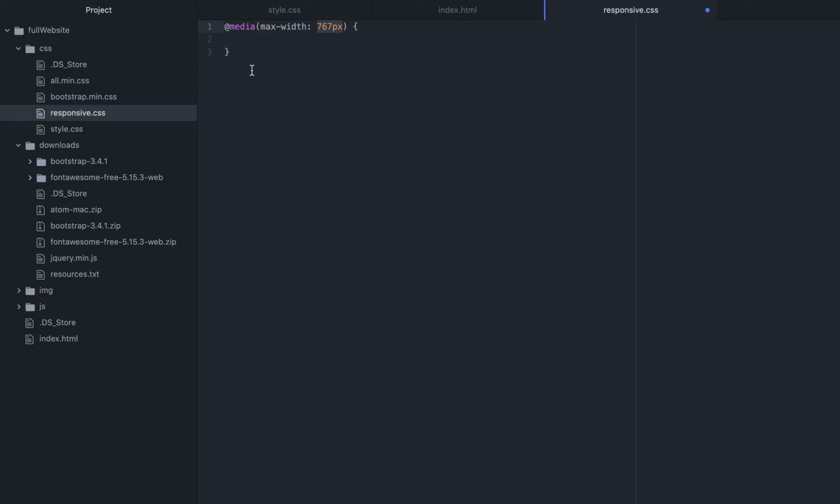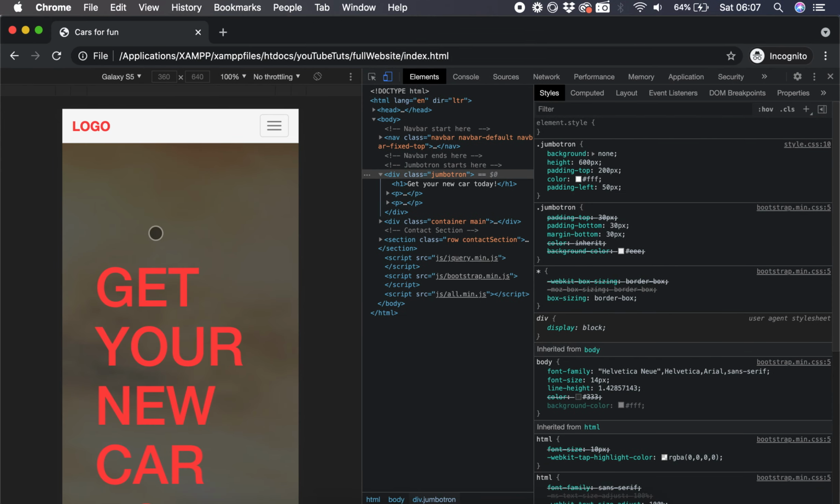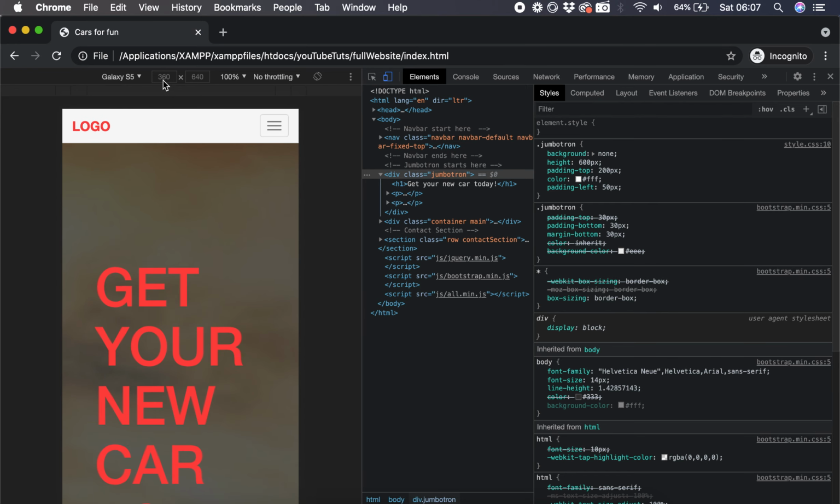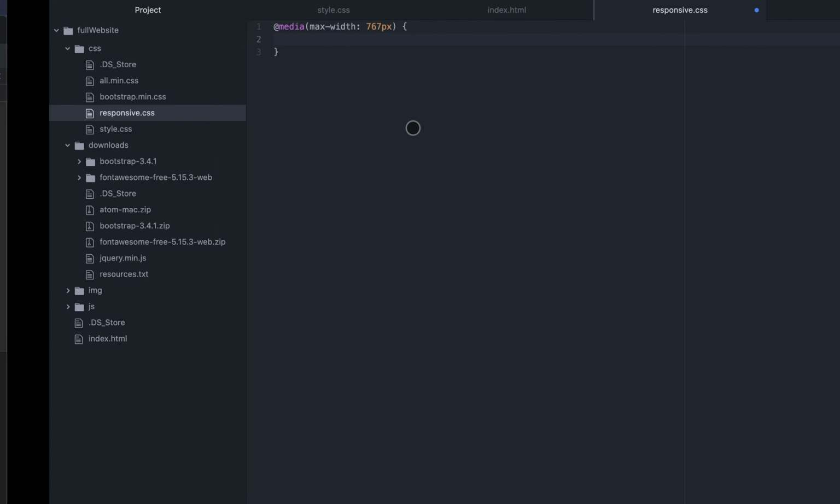I'm going to write my code here that will change how the website looks when the width, as you can see here on my screen, is 360 pixels, which is less than